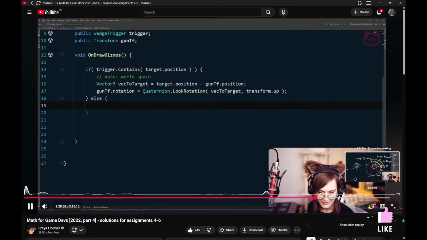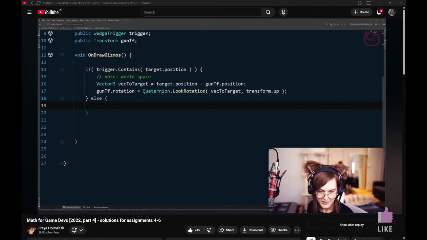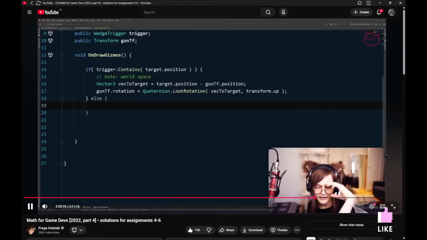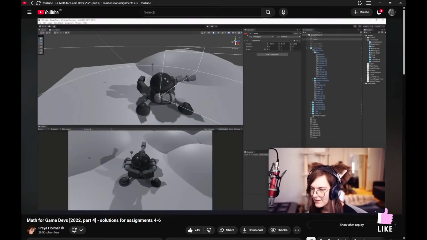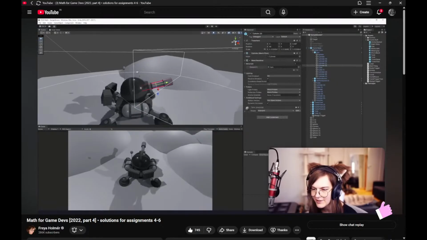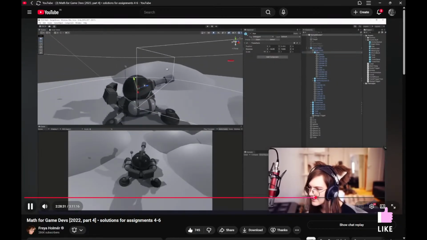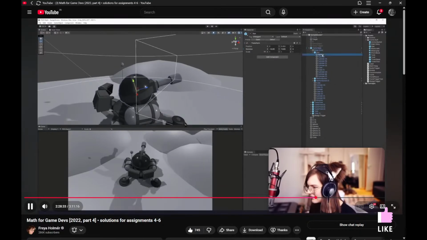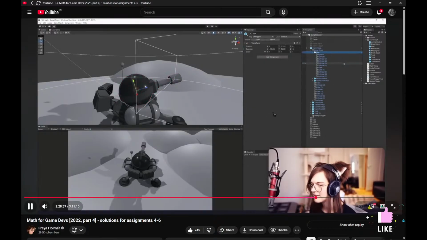Whenever I create a... hold on. How'd you get the turret to rotate around the sphere? Whenever I create a thing sticking out of it like a barrel, the pivot point will kind of move to the middle of the whole thing. It sounds like you have your pivot point set to center rather than pivot, I'm guessing. Like in this case, the gun is a parent object, and all of the models are just child objects. So